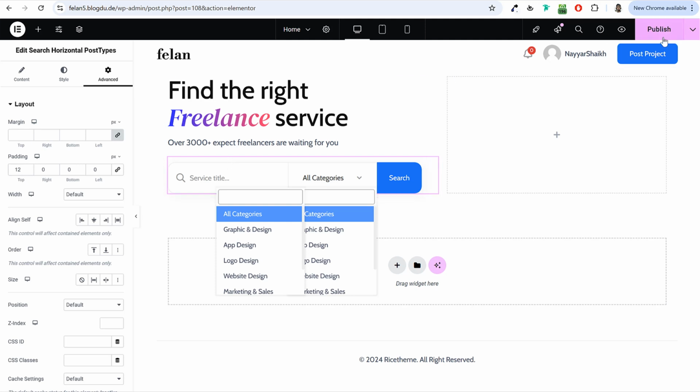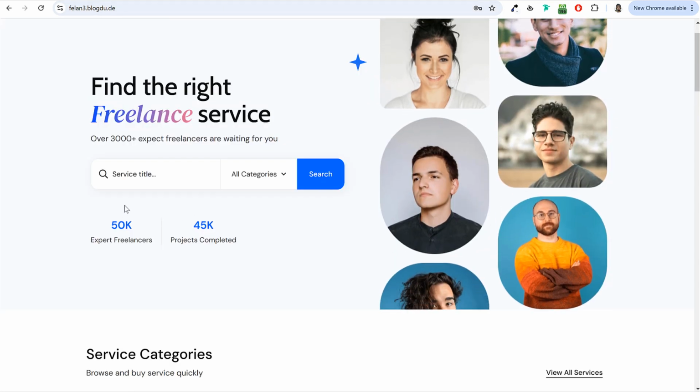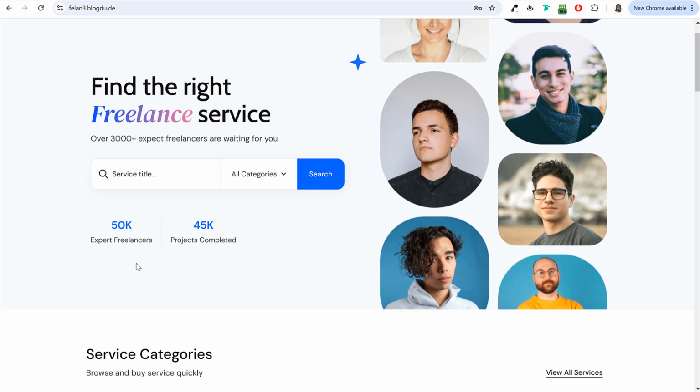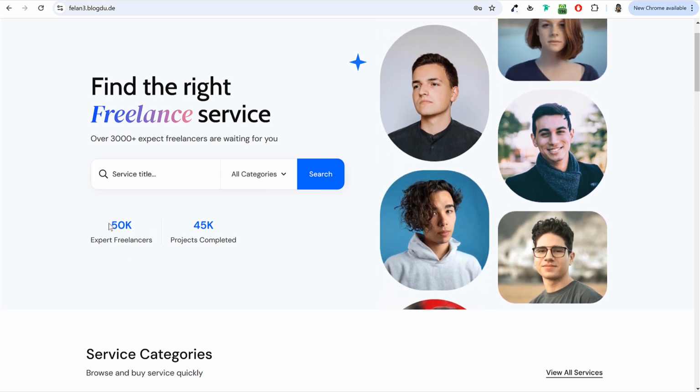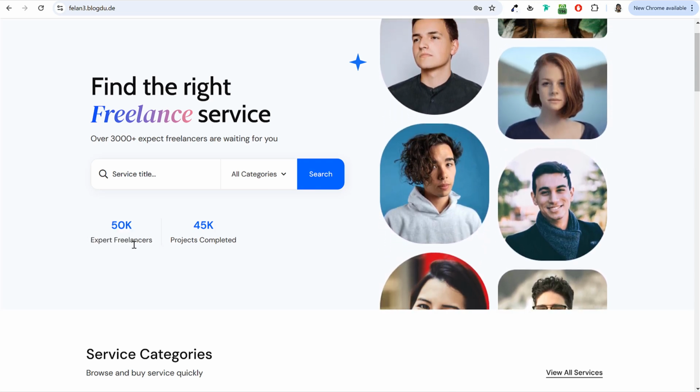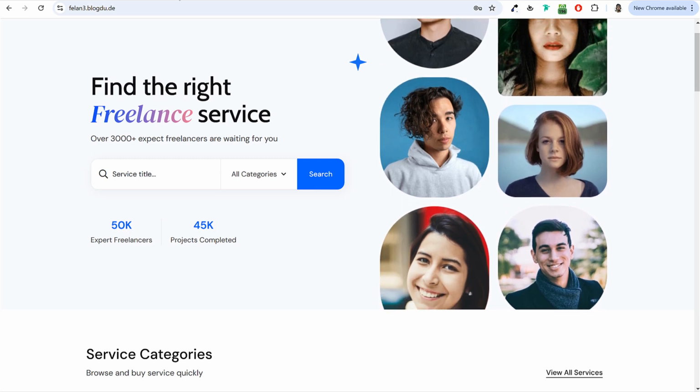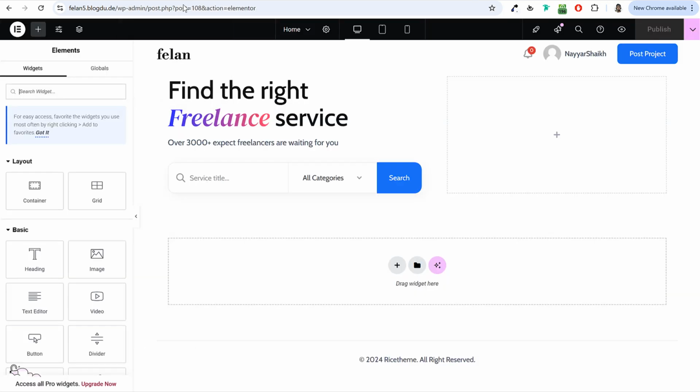Now make sure to always click on this publish button at top right corner so that whatever changes you are doing is saved. I'll refresh this page just so that we get rid of all these options. Now after that, let's see what we have. Then we have this option. We have these two options, basically just a simple text, and after that a little bit different design for this text. So for this, I'll again come back to this option and we'll add a new container inside this